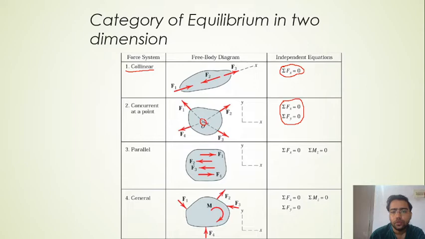F2, component of F2 in positive x direction. What will be that? F2 cos alpha. Suppose this angle is alpha, so F2 cos alpha will be the component in positive x direction. In the same way, F1, suppose this angle is beta, right? So F1 cos beta with negative sign because it is a vector summation. So F2 cos alpha minus F1 cos beta and minus F4 cos gamma plus F3 cos theta, right? In that case, we can make an equation of sigma Fx is equal to 0.